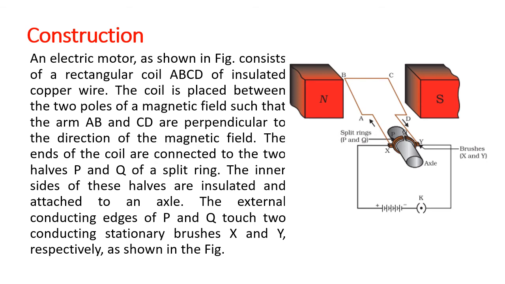Now look at the construction of the electric motor. This is a very simple schematic diagram. This is not the actual motor, but it can show you how the motor works. What you can see here is a rectangular coil ABCD. We have only taken one turn, but it is never one turn. There are many coils wound around an axle. This is the axle, the rod. The rod is not actually so small, it is very big. This is called the axle, on which the whole thing rotates.